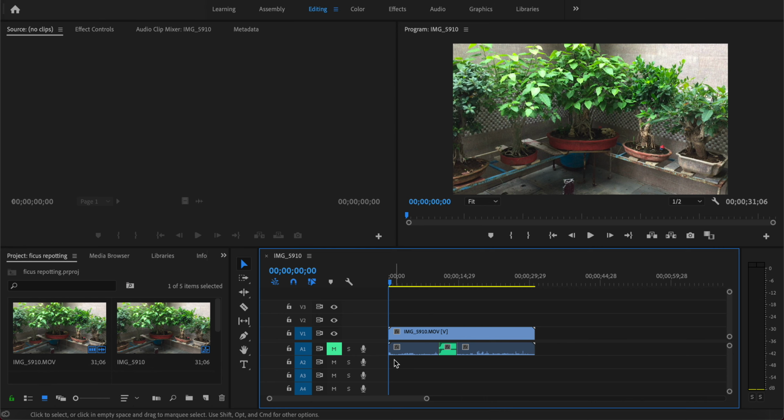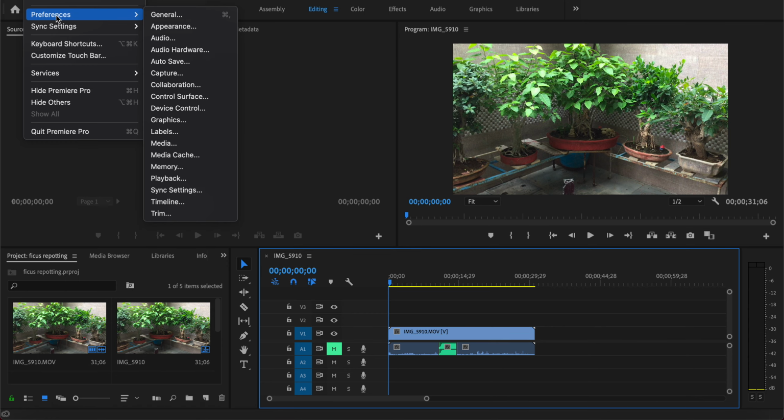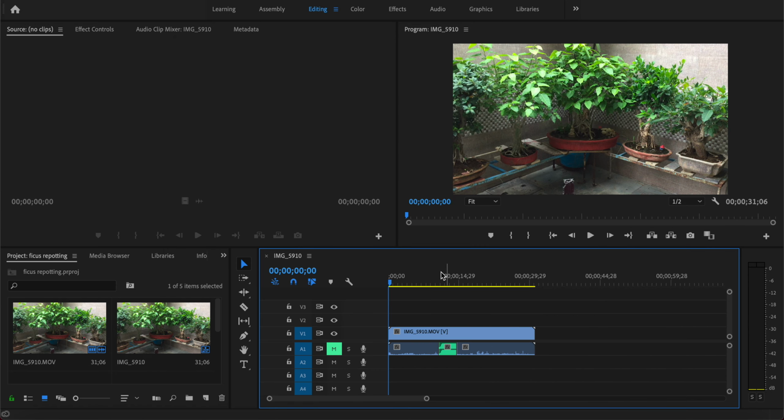Okay, so the other important thing, through which mic you are going to record your audio. So just go to Premiere Pro, preferences, and audio hardware. From here, the default input is your system's microphone. So if you have any additional USB type of mic, you can select it from here, otherwise it's alright. So do it. And beside that, one more important thing, while you start recording your